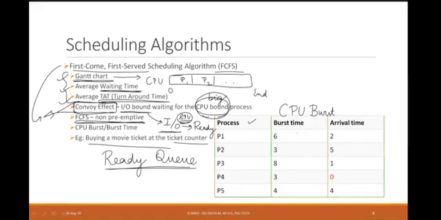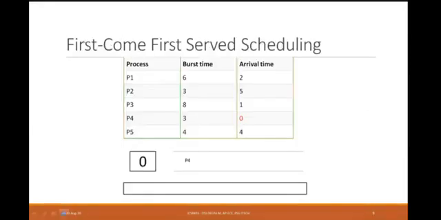All of these are in some unit. We are not going to give the units. In case the units are given, use them. Otherwise, any time unit, say seconds, minutes, hours, whatever it can be. And what is this? This is your arrival time. What is the time at which it arrives or comes to your ready queue? Not to the new state, it is coming to your ready state. So we have 5 processes, the time each is going to spend in your CPU, and its arrival time to the ready queue. So shall we move on to the first algorithm?